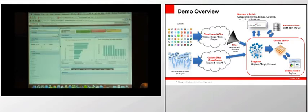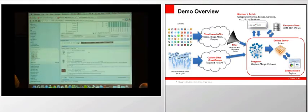In terms of sentiment, I thought it was kind of interesting when I looked at. Thanks very much. Is that plugged in? Okay, in terms of sentiment,